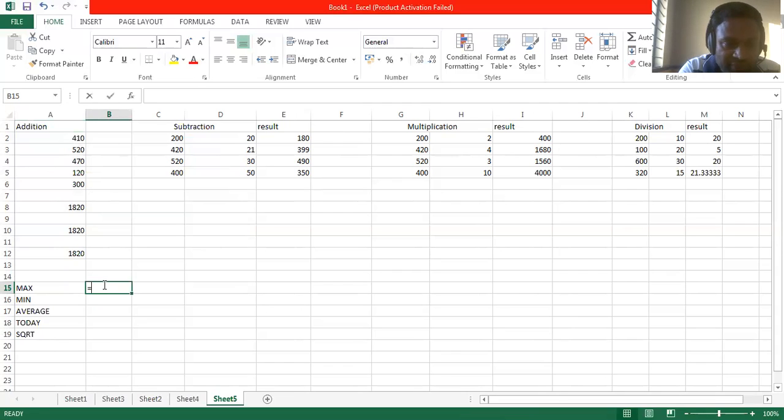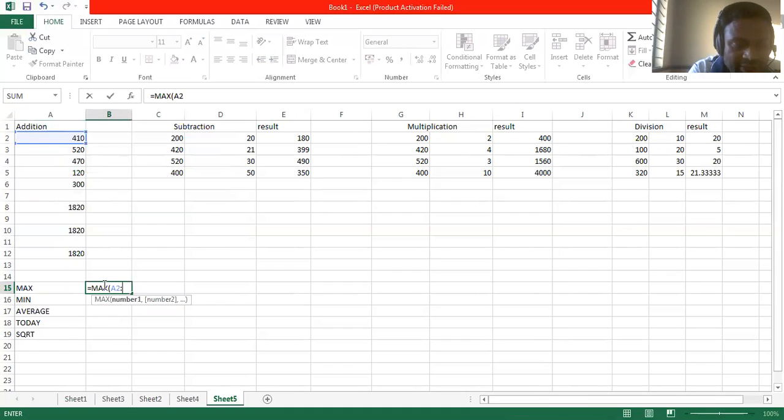So equal to, you can use MAX, maximum of. The cell address of 410 is A2. When I select the cell addresses, you can see A2 colon A6, so it is selected completely. Then press enter.